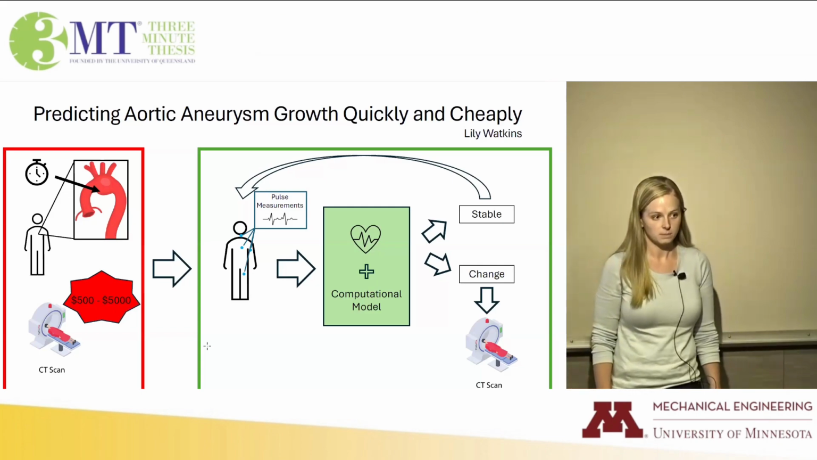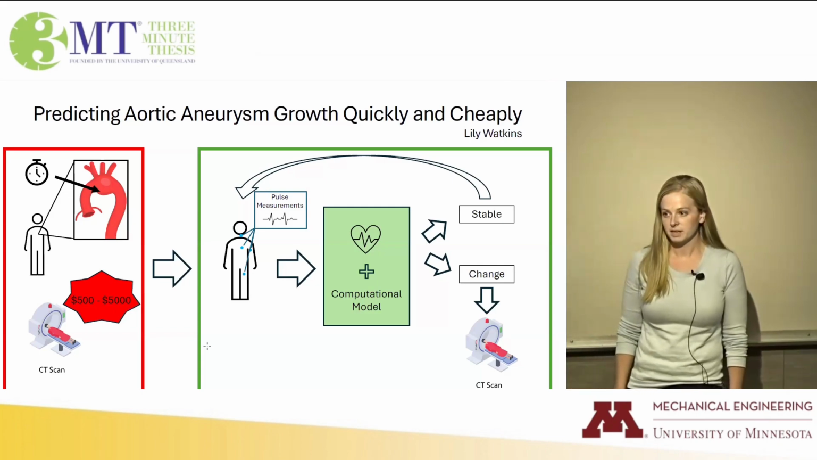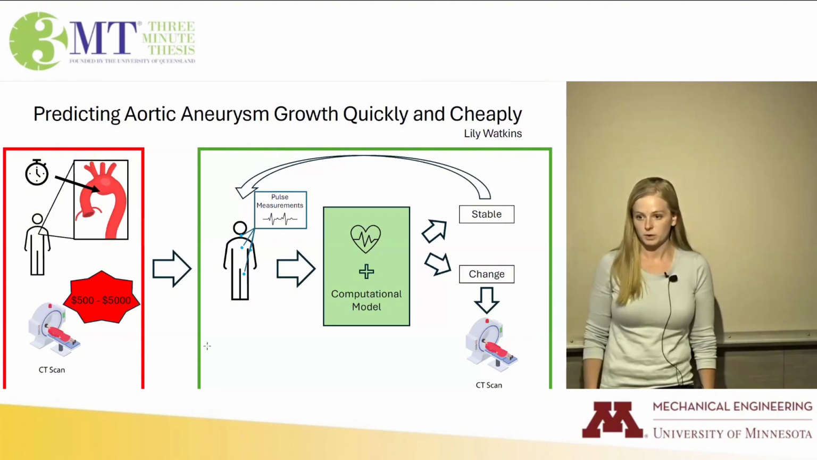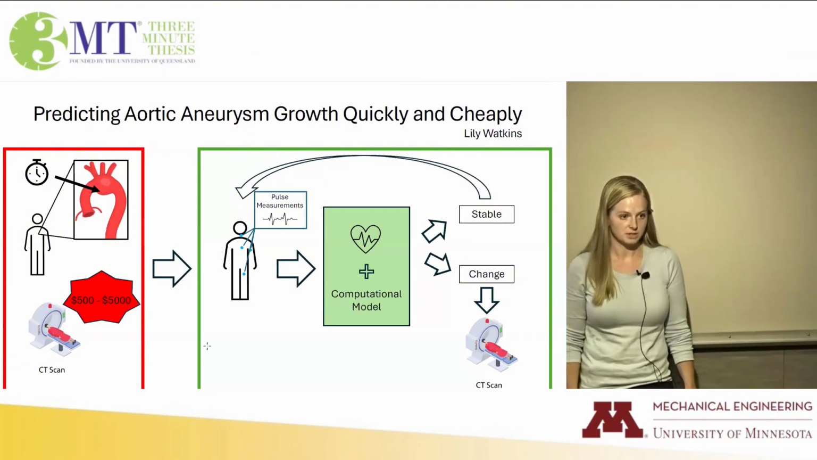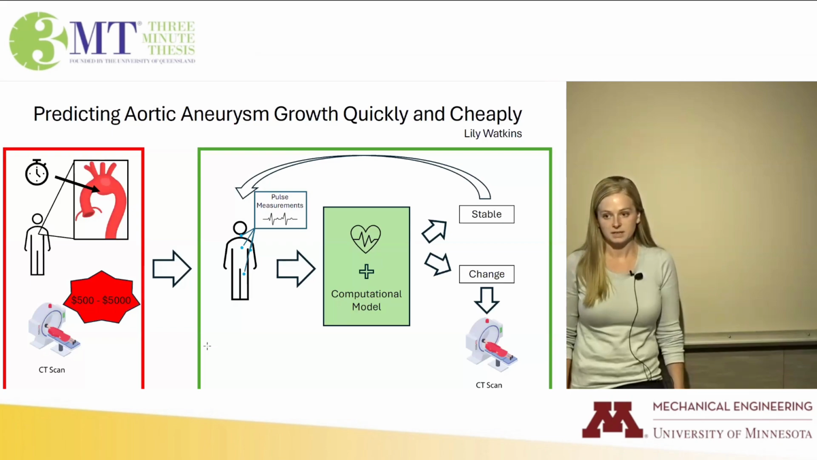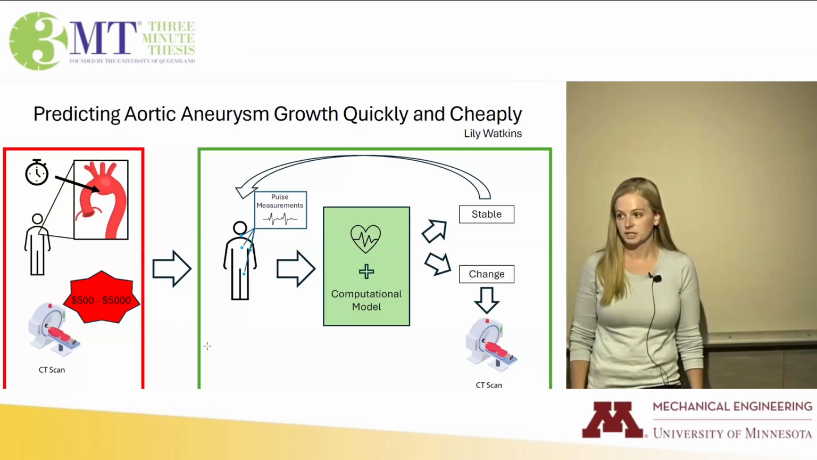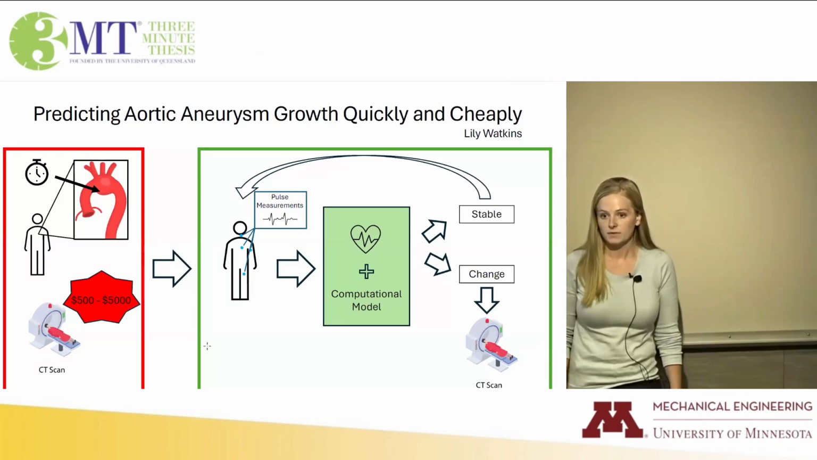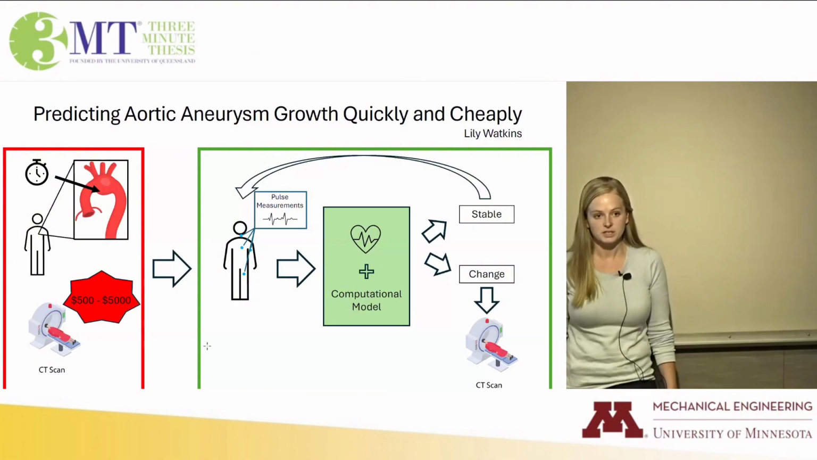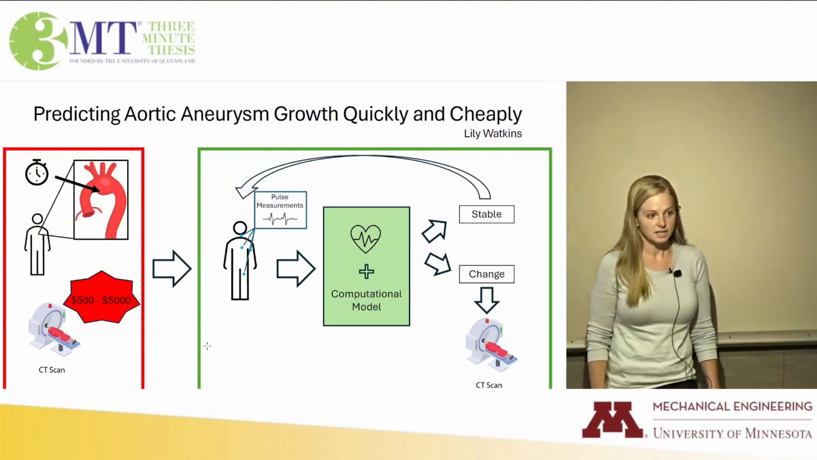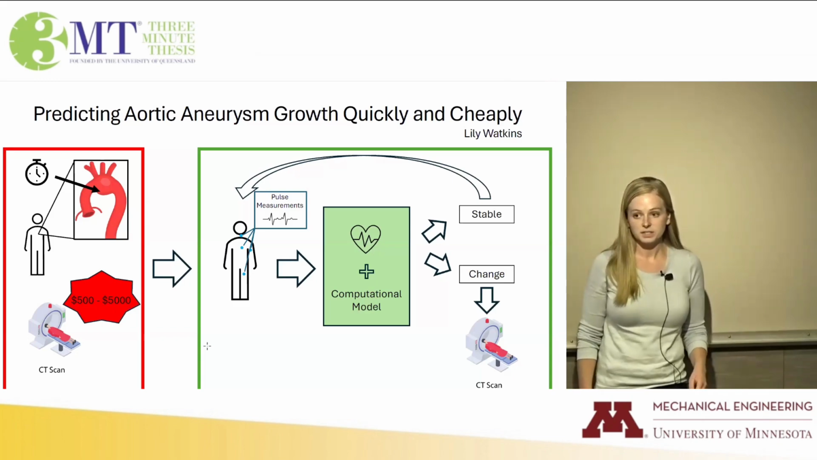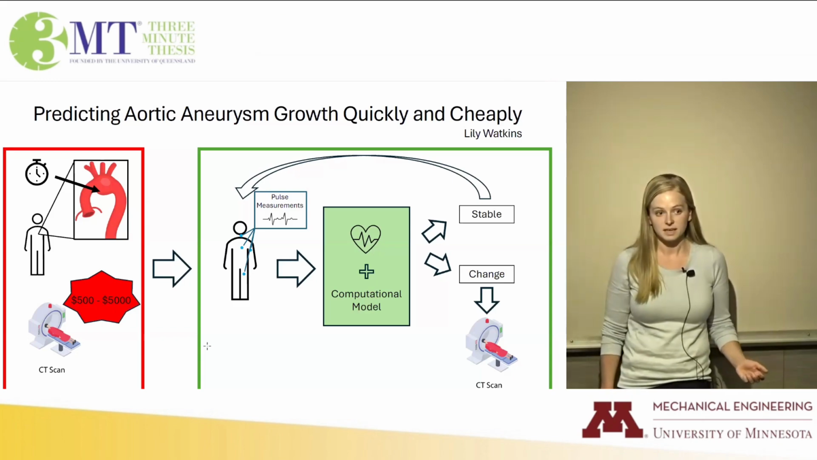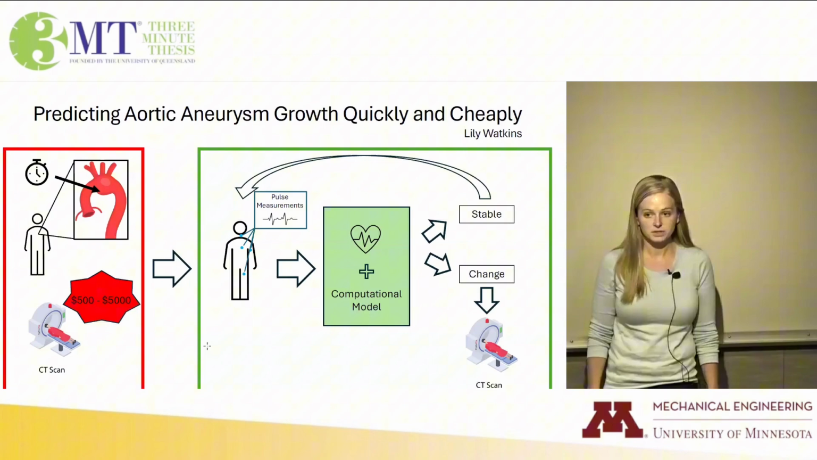The traditional method of tracking aneurysm growth is to use repeated CT scans where they measure the aneurysm size. And then once the aneurysm reaches a critical size, surgical intervention is discussed. However, this method presents a major problem in that it can take years for the aneurysm to reach this critical size. And this leads to many expensive CT scans, as the cost of a CT scan can range from $500